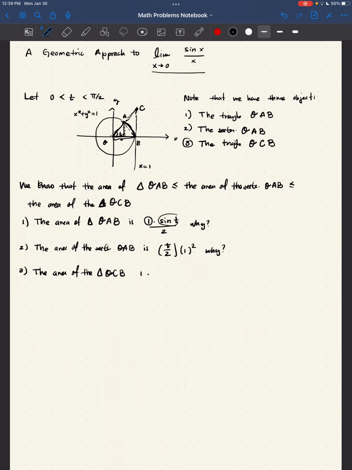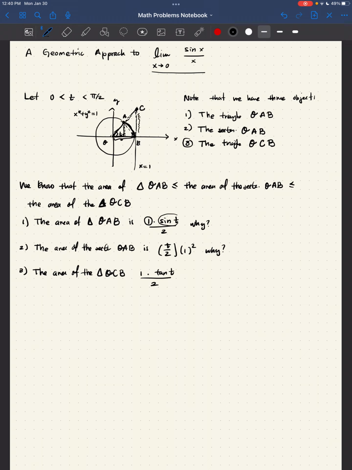But its height, well, being this a 90-degree angle, right? Tangents make a 90-degree angle with every radii, right? At the point of intersection, the tangent point to a circle will be given by 1 times tangent of t, all divided by 2. And why? Well, look, this is a right triangle, and you can simply write the tangent of t as opposite